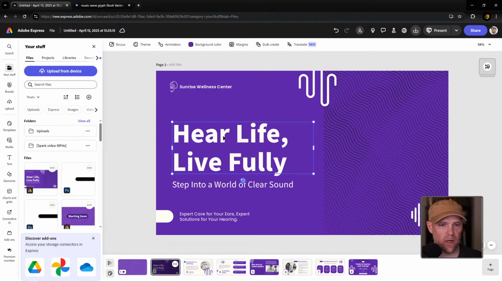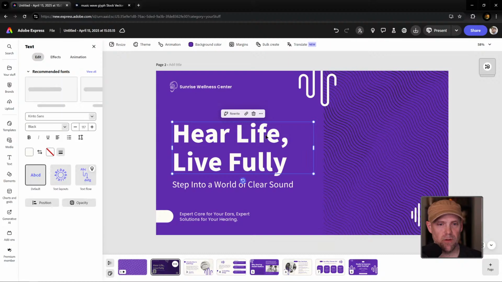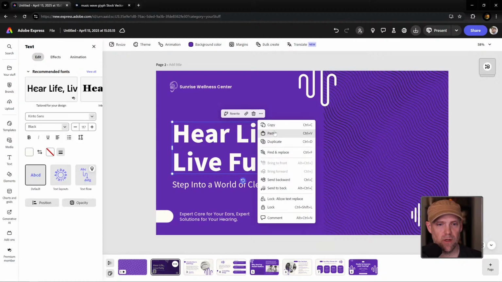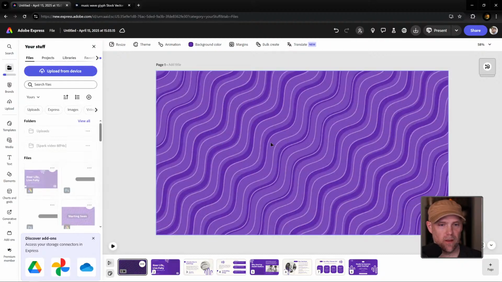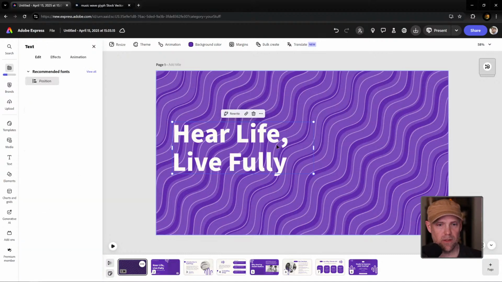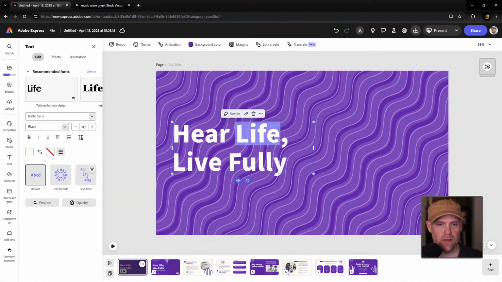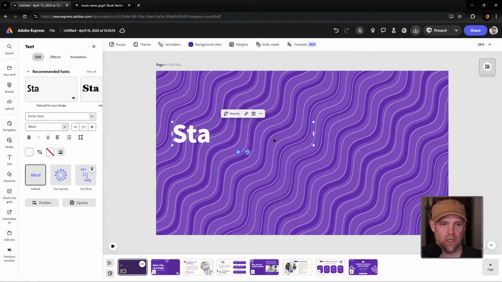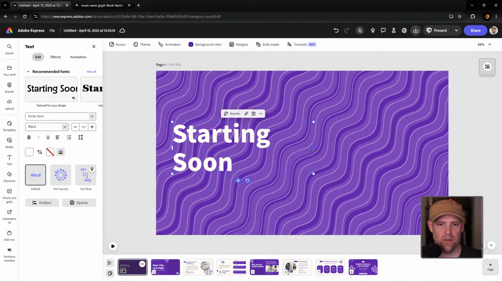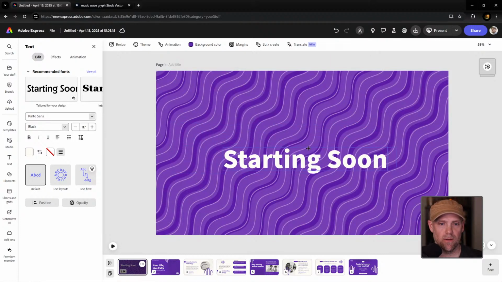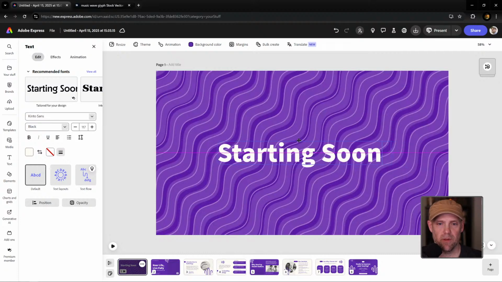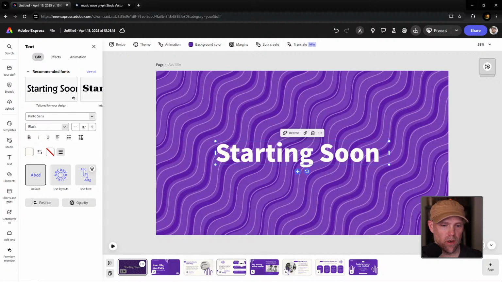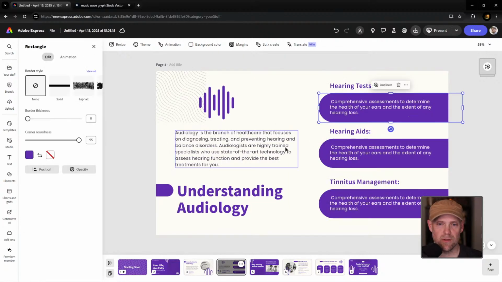But we can come over and grab the same type we've been using. If you come over here and copy and then paste, and we can change this whole thing to say starting soon. Stretch this out a little bit so we can then align the whole thing using our little snapping guide. And then if you wanted to, you could borrow another piece. I'm going to borrow this